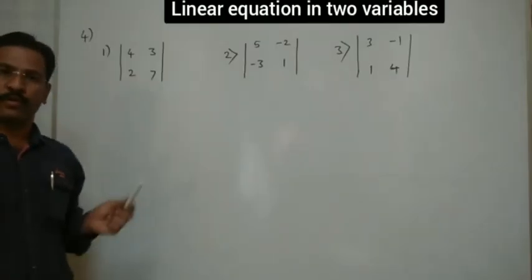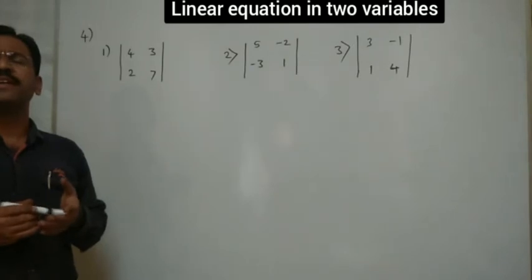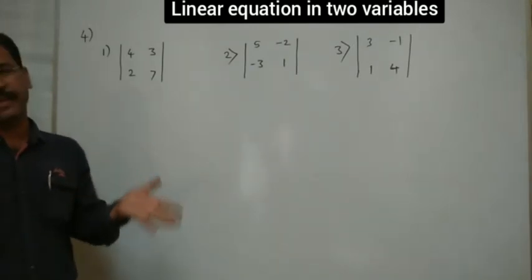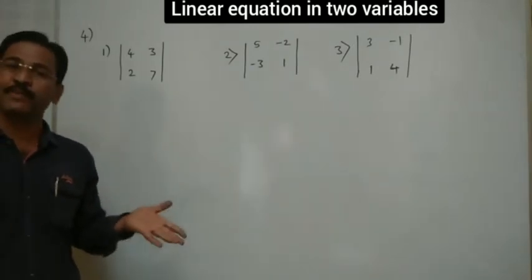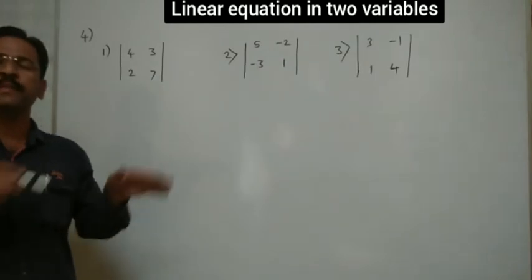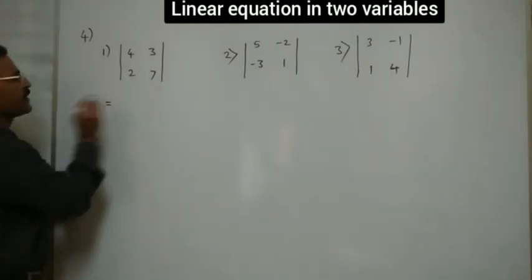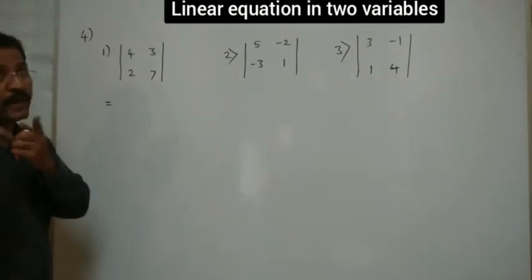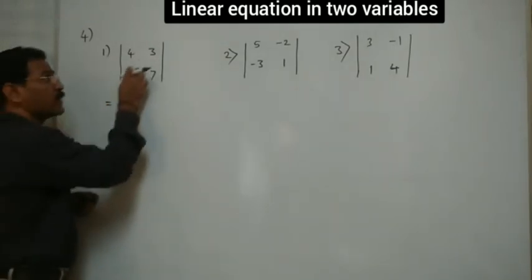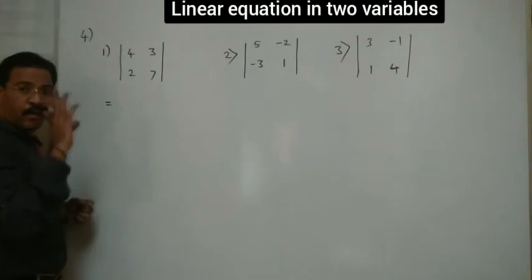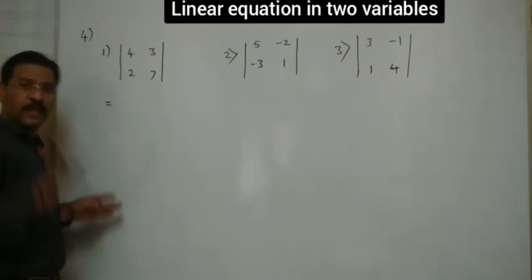In question number 4, we have to find the determinant value. That is very simple. In Cramer's rule, we already saw so many examples, but still it is in the problem set, so we'll start. See the first one, don't make confusion, don't multiply this one first, remember. Every time I told you, here also I am telling.